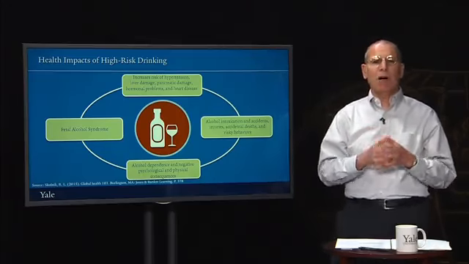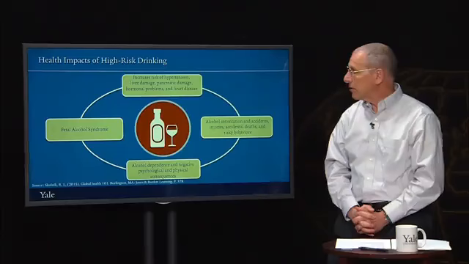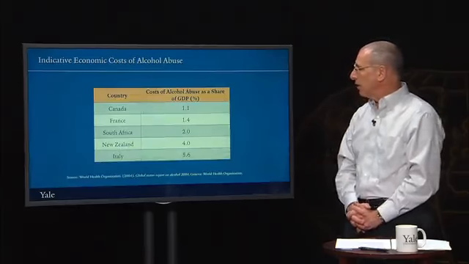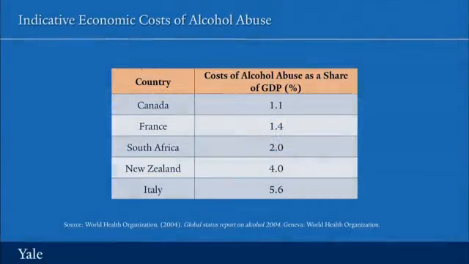There have only been a small number of studies that looked at the costs of alcohol abuse, but as you can see in the next graphic, they've estimated that this could range as a share of gross domestic product from around 1% to as high as almost 6%. And a 2009 study that examined the economic costs attributable to alcohol in 4 high-income countries and 2 middle-income countries suggested that the cost ranged from around 1% to around 3% of GDP.